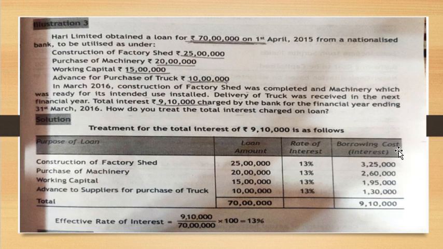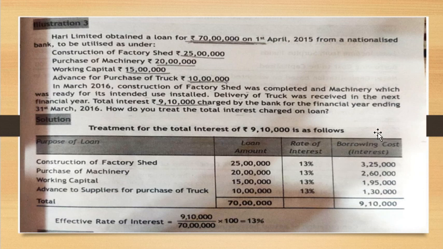Borrowing cost is nothing but the expense which is spent on the loan. You take so much loan, you need to pay interest. Interest is nothing but the expenditure you incur. But this expenditure is paid for a loan which is meant for developing a qualifying asset. This interest can be added to your asset account. It will be added to your asset, or as it is also called, it will be capitalized.